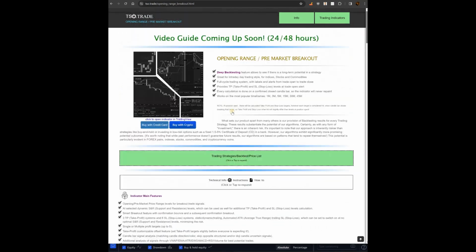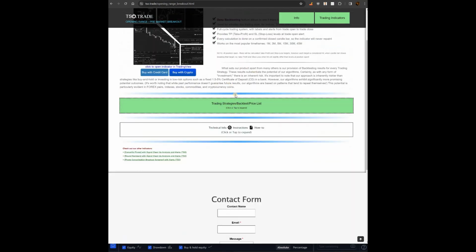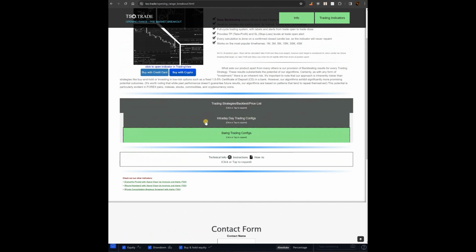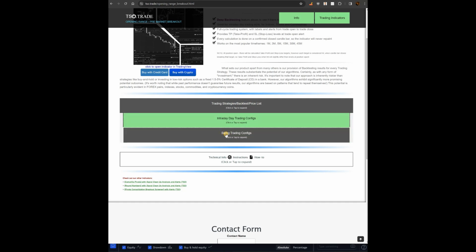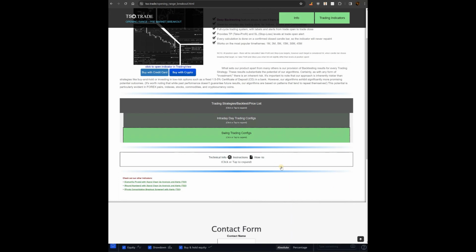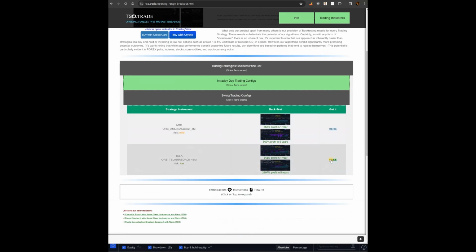Depending on how you want to trade, there's intraday, where basically you close the same day. Swing doesn't mean it's going to take weeks. It means the indicator will not have an end of day trade shutdown or close, and it may leave trades overnight. For ease of browsing, I separated these into 2 sections. There's one free